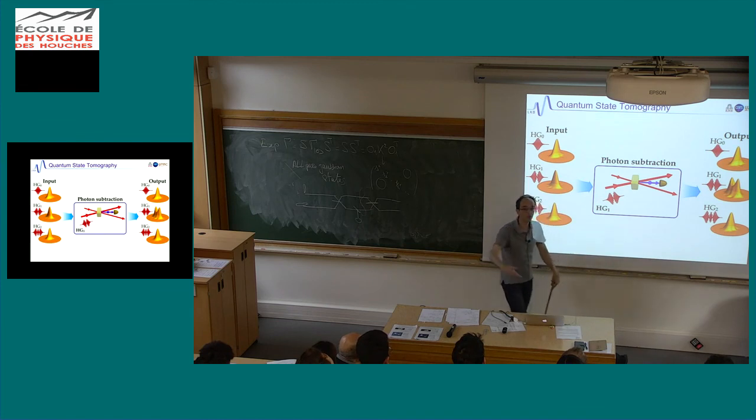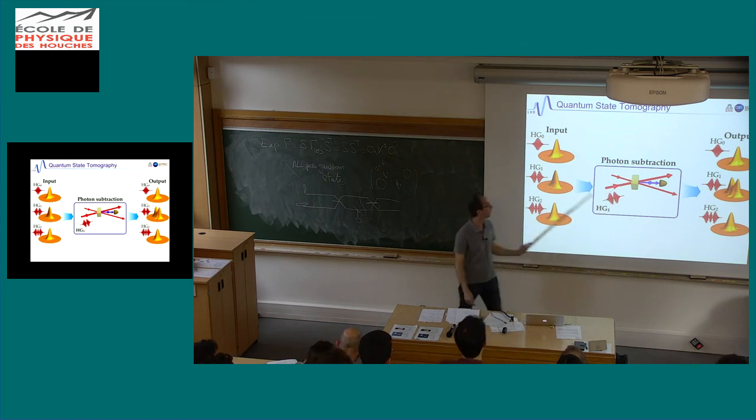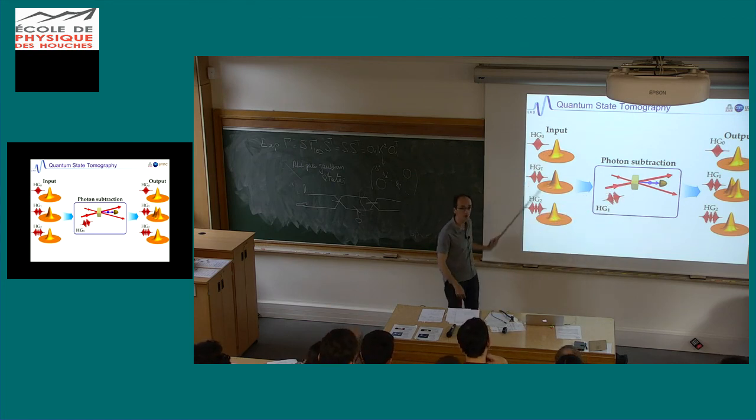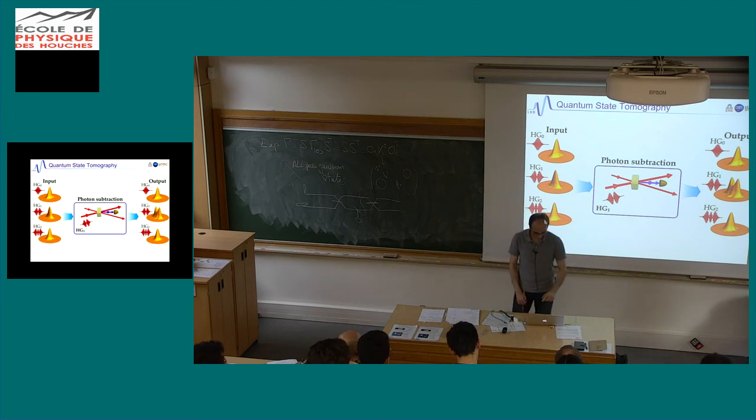Okay, so there are many more examples, but I guess time is running now, and I prefer we keep a little time for questions. So what we have done also is removing a photon from a superposition of modes and show that indeed you change the Gaussianity of these superpositions, and you can do all these things.